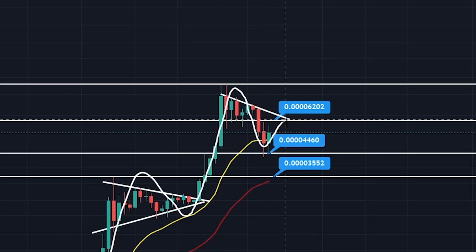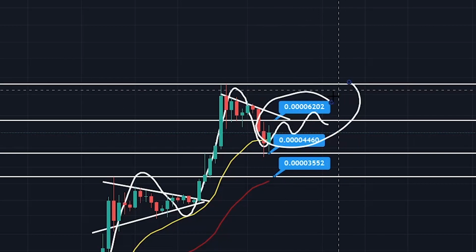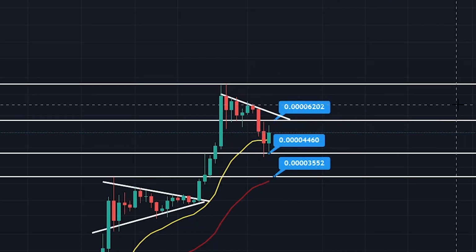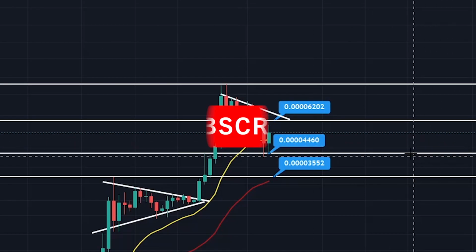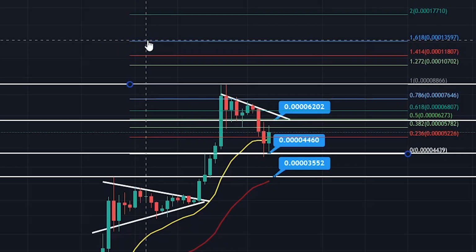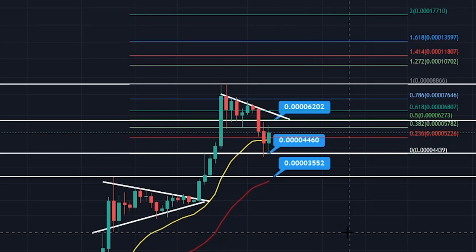If you continue to hold that 20, it's going to creep you up, tackle that resistance, and then you're looking at a breakout. You're looking at continuation here for Shib, and I do think that you may have caught the bottom, hopefully, just here. If you do start to come up, that's your next technical target for me, for Shib, just there. But you can see you're getting overextended on these impulsives.